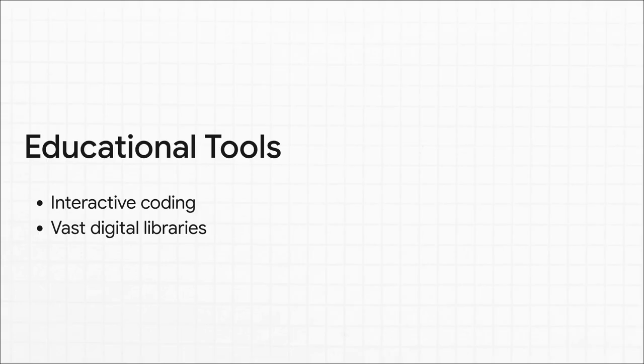Take interactive coding environments, for example. Instead of just reading a static textbook about a programming language, you can literally write, test, and debug your code right in your browser. You get instant feedback the absolute second you make an error. On the flip side of that, you've got these vast digital libraries containing basically the entirety of classic literature. We aren't just talking about a couple dozen PDFs here. We're talking about millions of digitized manuscripts and global archives that you can search in milliseconds. These tools are designed for dynamic, hands-on engagement, no matter what subject you're tackling.